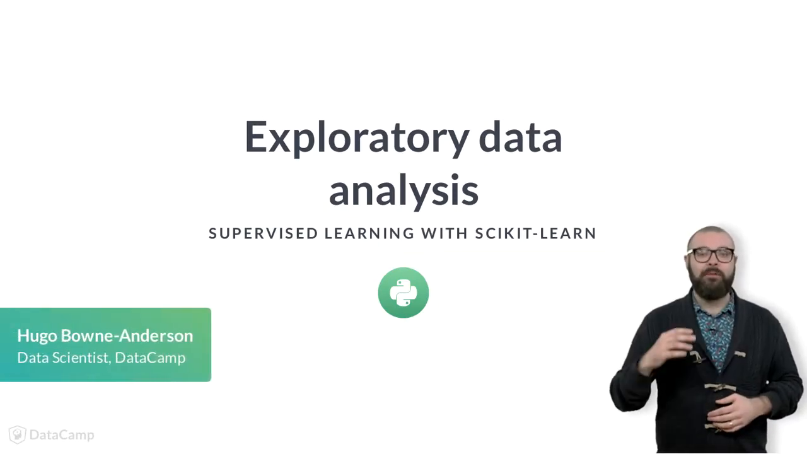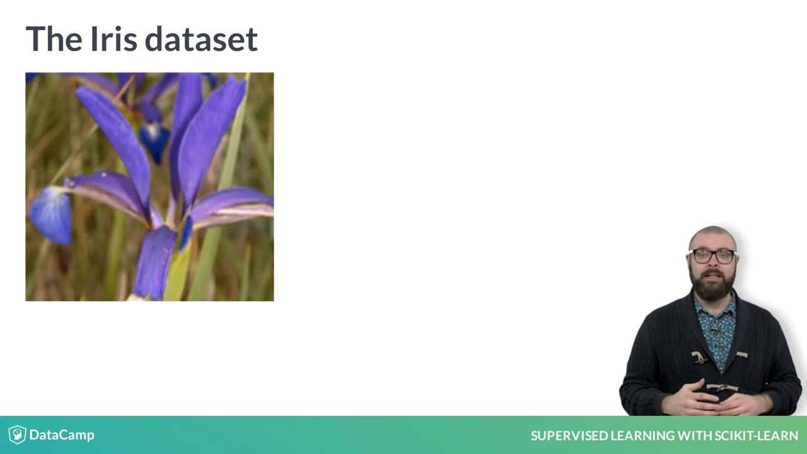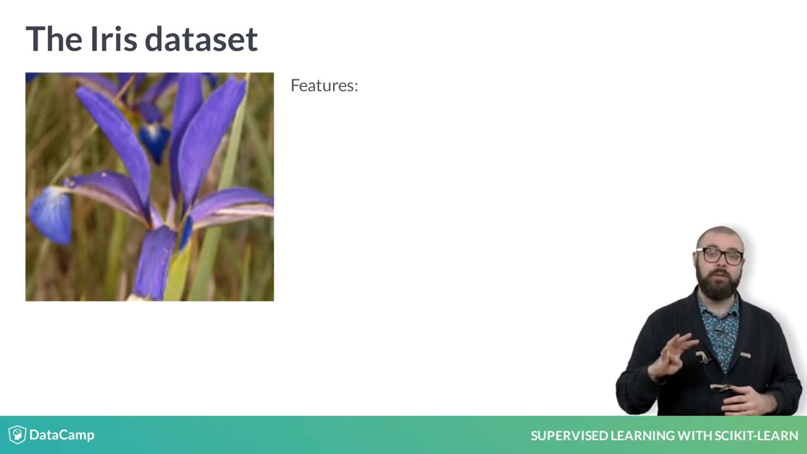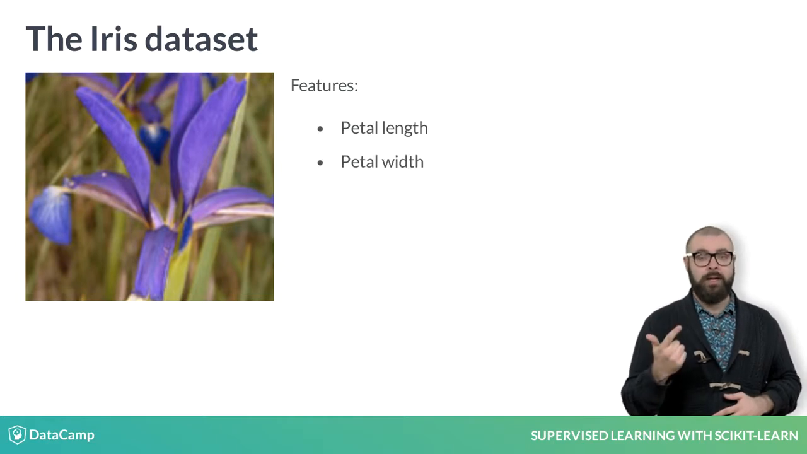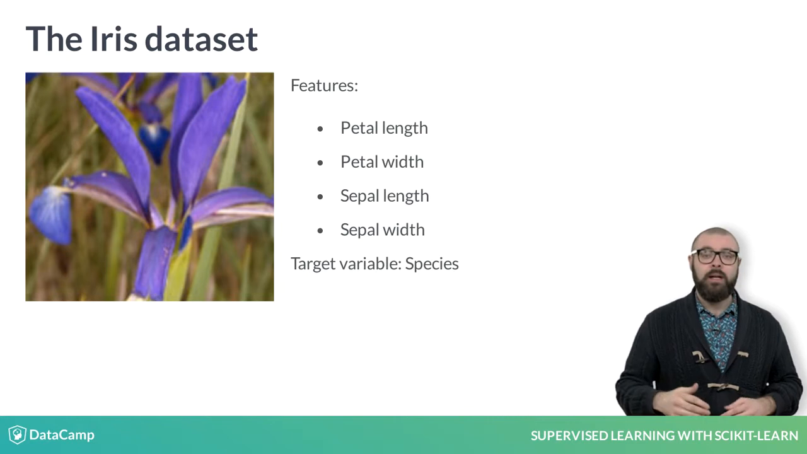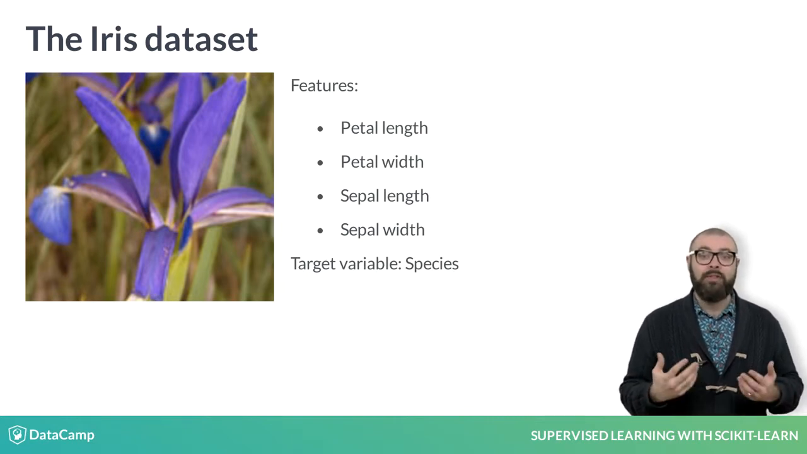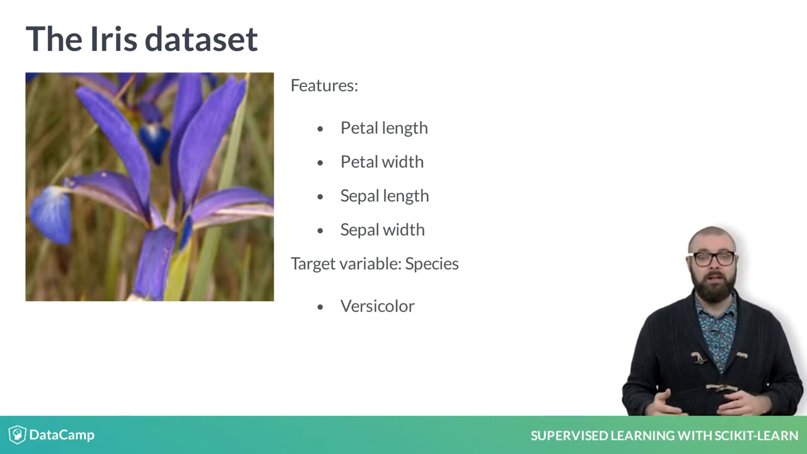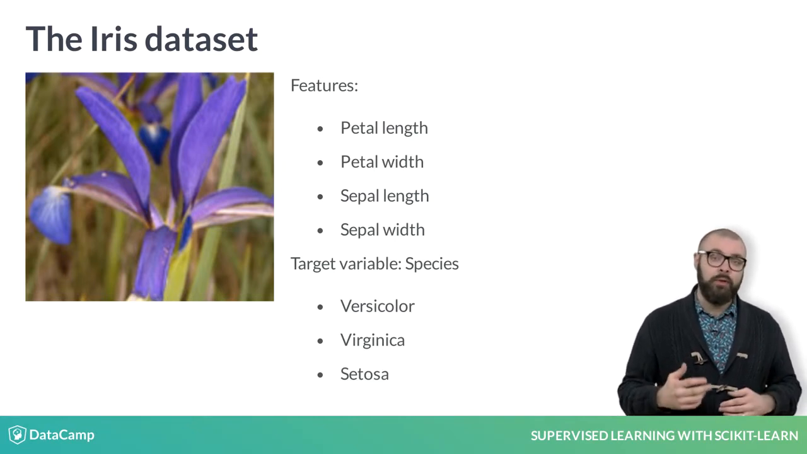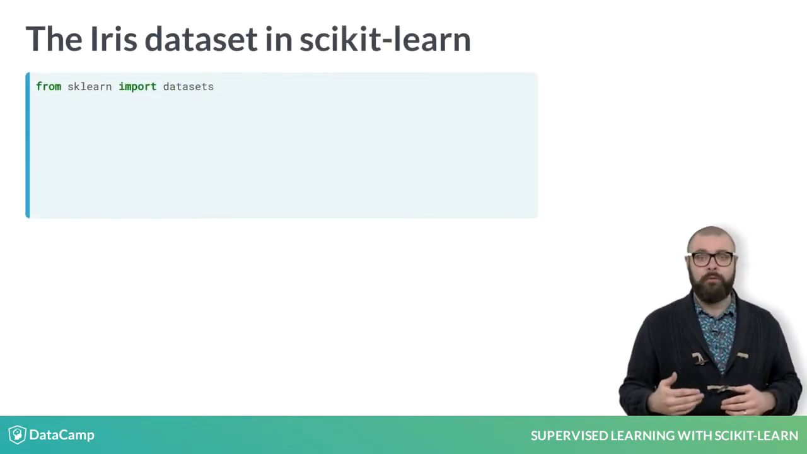Let's now jump into our first dataset. It contains data pertaining to iris flowers, in which the features consist of 4 measurements: petal length, petal width, sepal length, and sepal width. The target variable encodes the species of flower, and there are 3 possibilities: versicolor, virginica, and setosa. As this is one of the datasets included in scikit-learn, we'll import it from there with from sklearn import